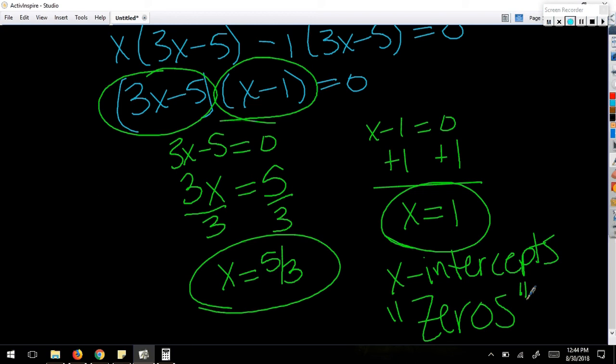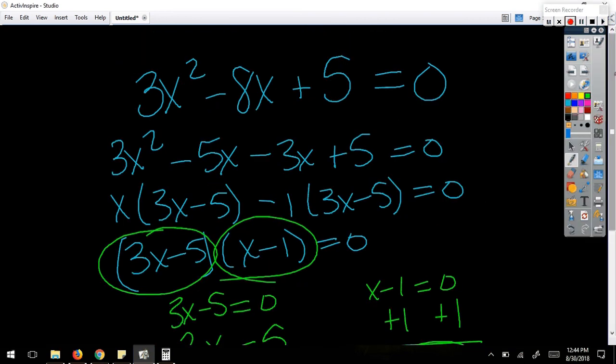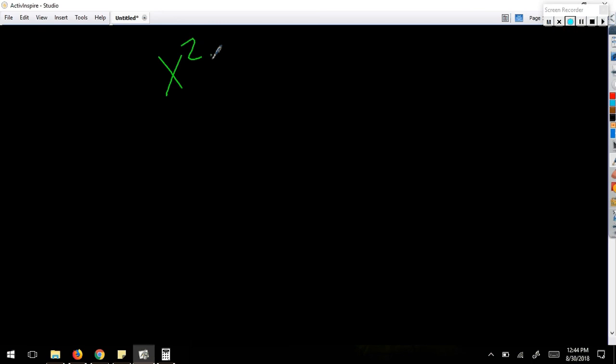Okay, so let's look at a couple. What if they don't already equal 0? So let's see. Let's try to solve. We'll go easy to start. Oh, we will be challenged, don't worry. So your only directions for this say solve for x. Okay? When we have a quadratic that we want to solve for x,